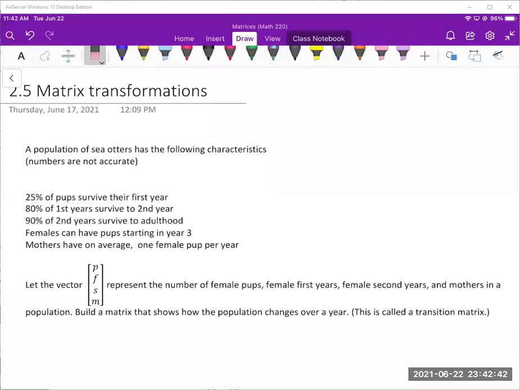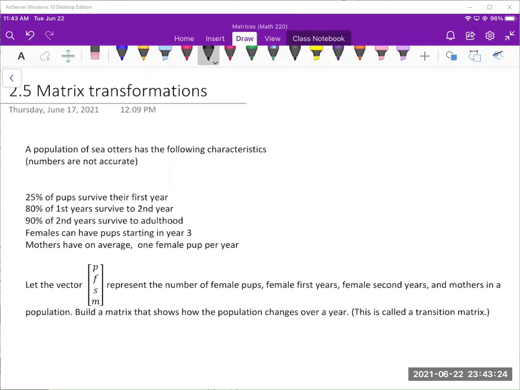Okay, so the life cycle of sea otters is that they're called pups for the first year, and many pups die. So if you're a baby, you've only got a 25% chance of surviving to your first year. If you survive to your first year, you've got an 80% chance of surviving to your second year. If you've gotten to your second year, you've got a 90% chance of surviving to adulthood at 3 years of